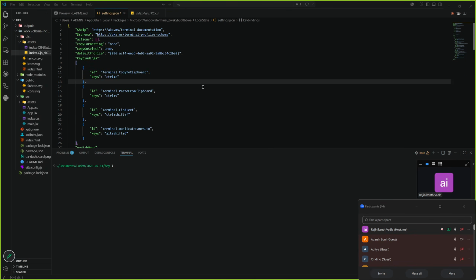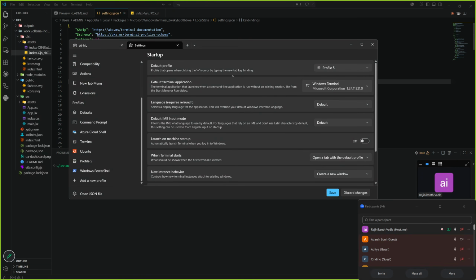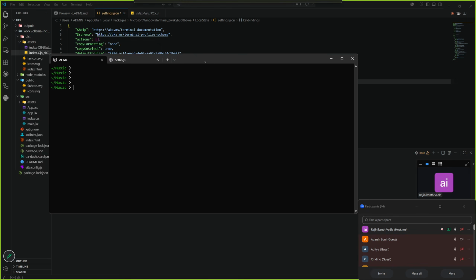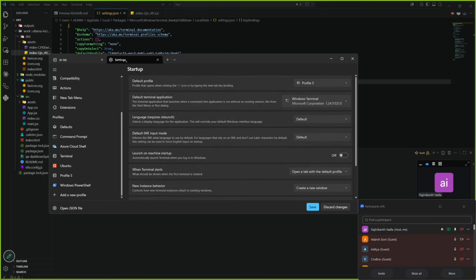Use this in your terminal settings, so it automatically opens Git Bash here. This is Git Bash for me, but in your case it is PowerShell. Every time you open Git Bash, you will see a lot of difficulties, so that's the problem. I'll share this file and you can enable it.